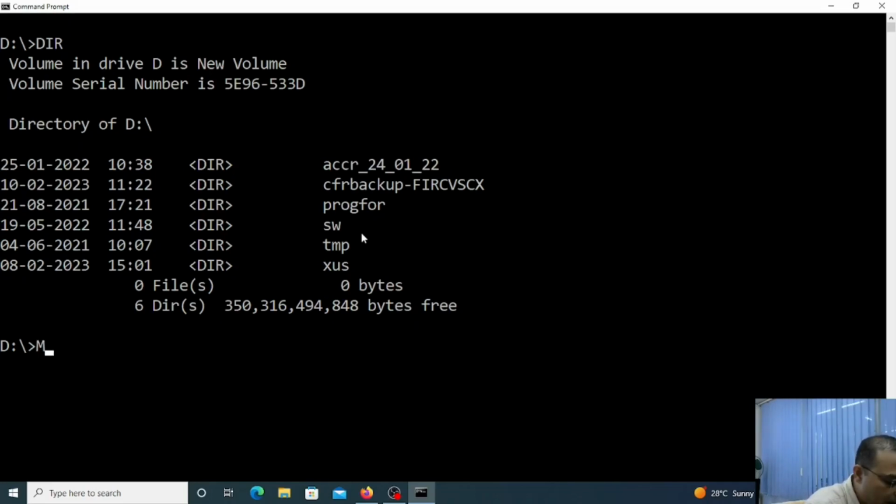This command is mkdir. Let me type the mkdir command, then space, and after this space the computer expects that I type the name of the directory that I would like to create, the name of the folder that I would like to create. So I am creating a folder called test. Press enter,